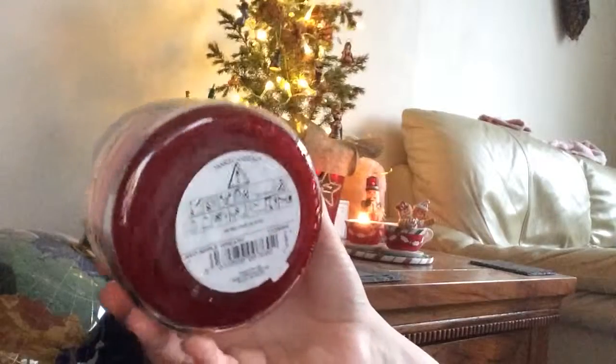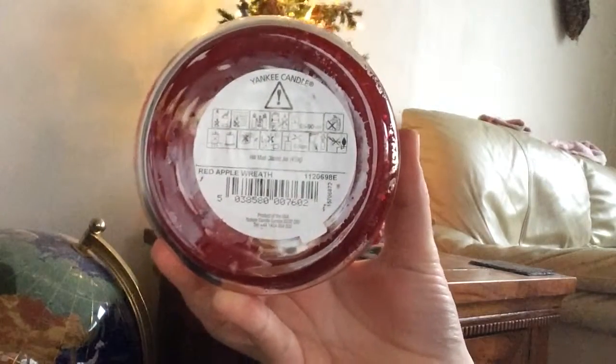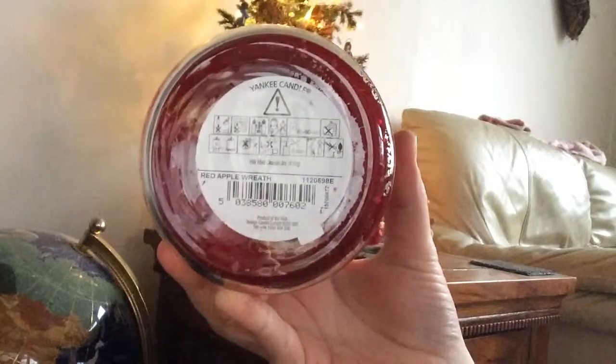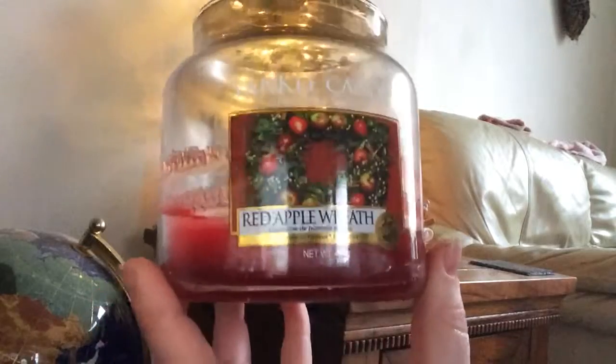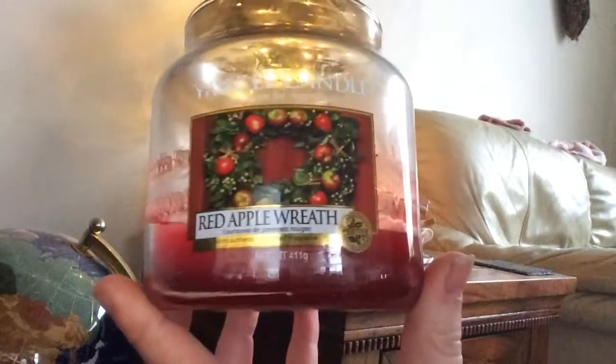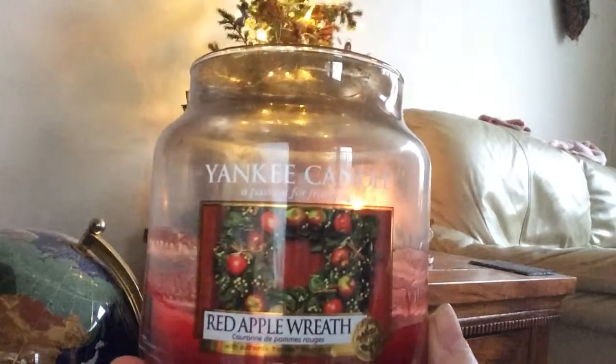I don't know about you guys, but I'm finding that the 2015 pours are not very good performance-wise. The 16s and the 14s tend to do better. I don't know if it was a bad year for Yankee Candle or what, but that's kind of what I'm finding. Again, soot-wise, you can see that it's sooted. It's probably not as bad as the red raspberry, but it's still pretty pants to say that it was downstairs